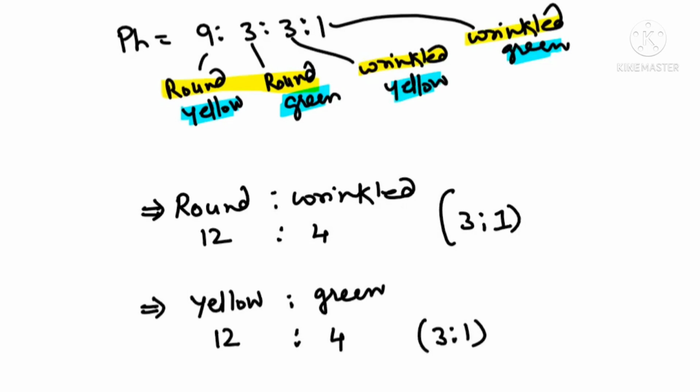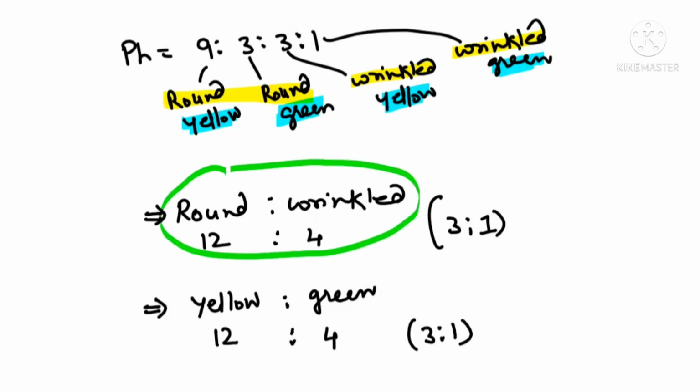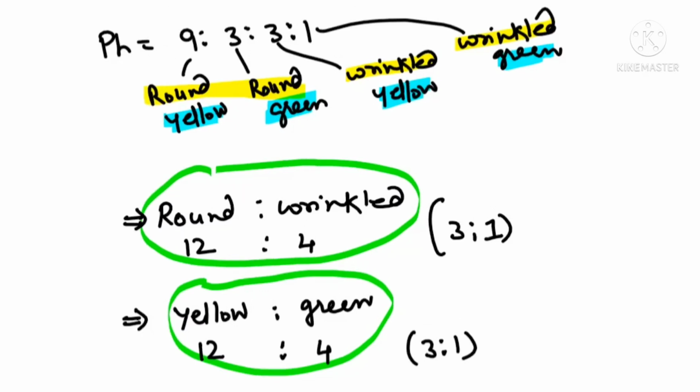It means here what we are understanding: segregation of one allele pair, when this allele pair was separating, was not influencing how this other allele pair separates. Is it clear? Law of independent assortment tells us that segregation of one allele pair does not influence another allele pair to separate. Please listen carefully. When one allele pair is separating, it is not influencing the second allele pair how to separate. And this is known as law of independent assortment. Is it clear?